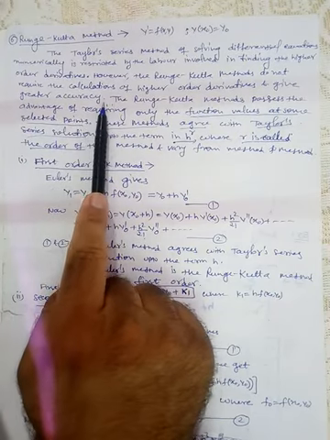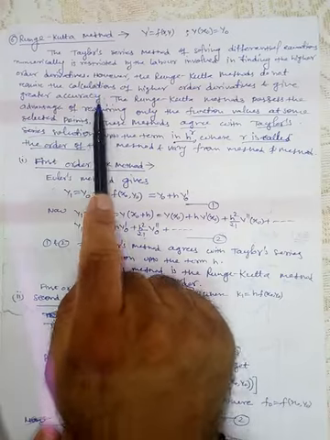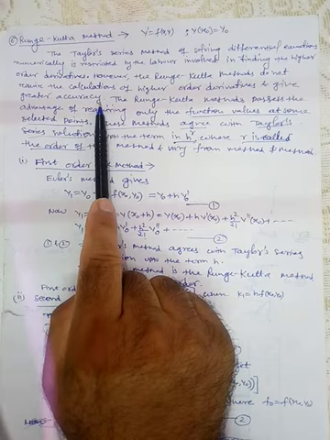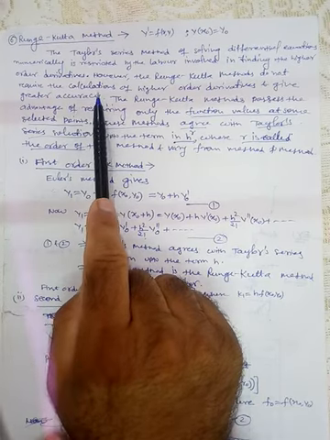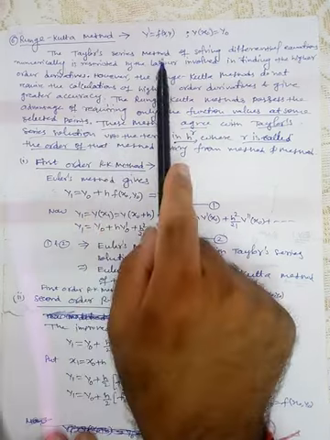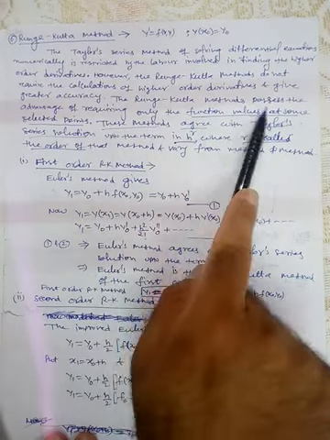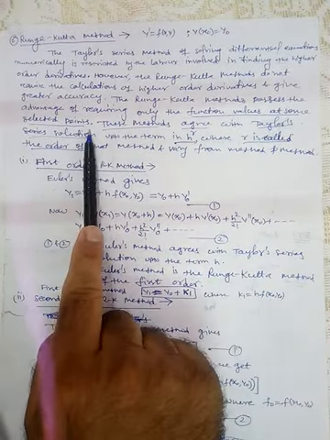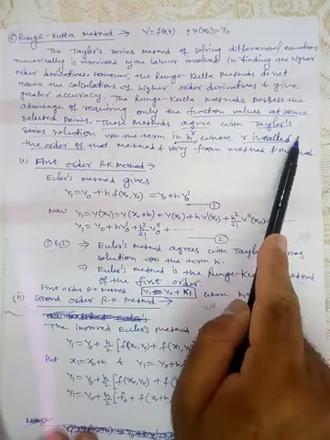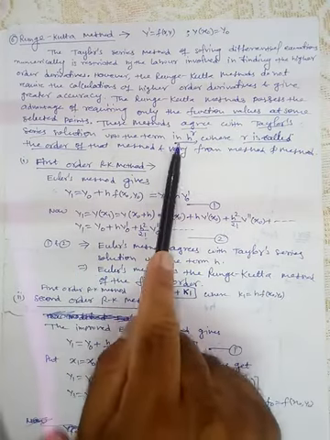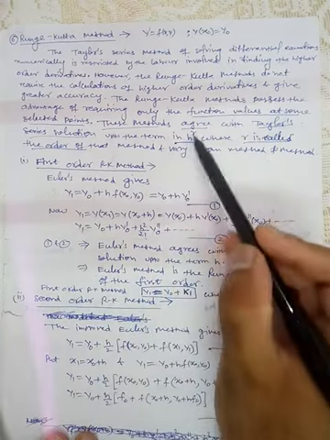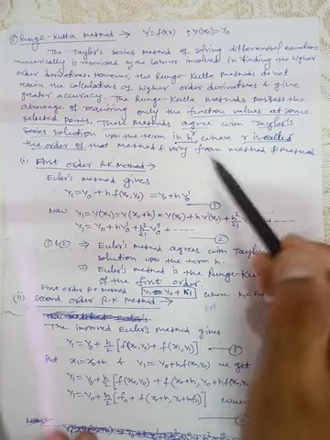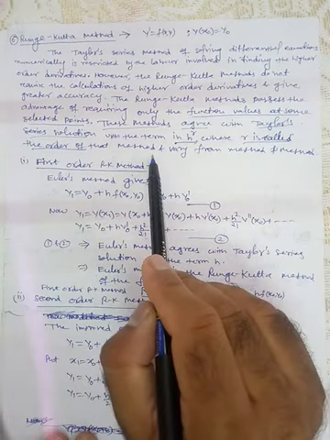This is the advantage of the Runge-Kutta method, but they are very accurate, like the Taylor series method. They don't need derivatives, but as far as accuracy is concerned they are as accurate as the Taylor series method. So the Runge-Kutta method possesses the advantage of requiring only the function values at some selected points. These methods agree with the Taylor series solution up to the term h raised to the power r. That means they have rth degree accuracy, where r is called the order of the method.